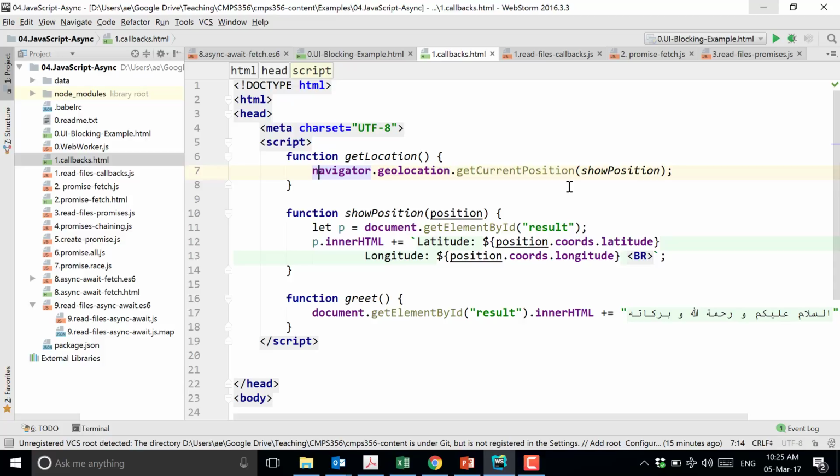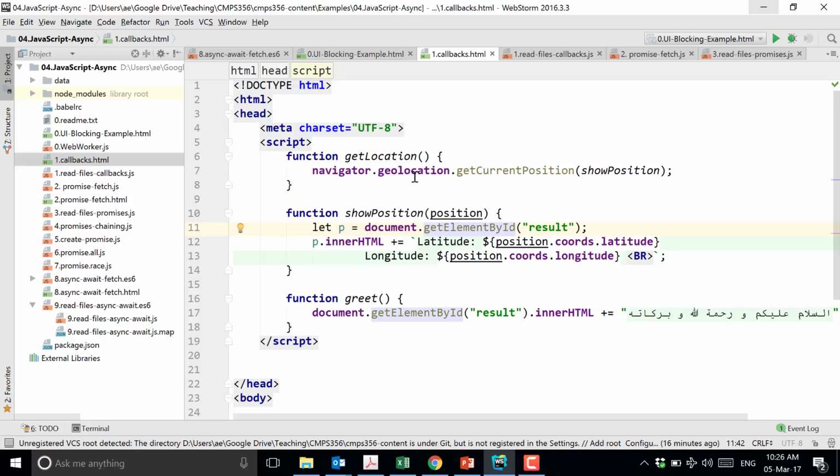So callbacks is a way of doing asynchronous programming in JavaScript. And this applies to other languages, but here we are talking about JavaScript. So let me give you an example. In browsers, there is an API, there is a function called getLocation. And this getLocation can give you the coordinates of your location. Okay? Anyway, don't worry too much about this.